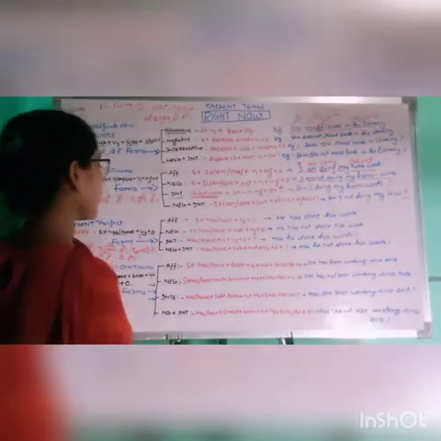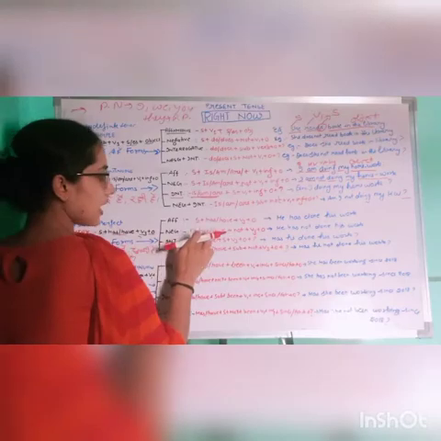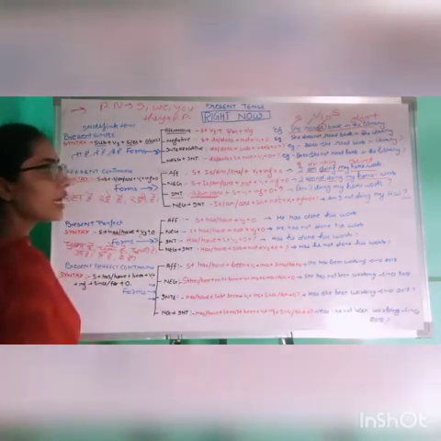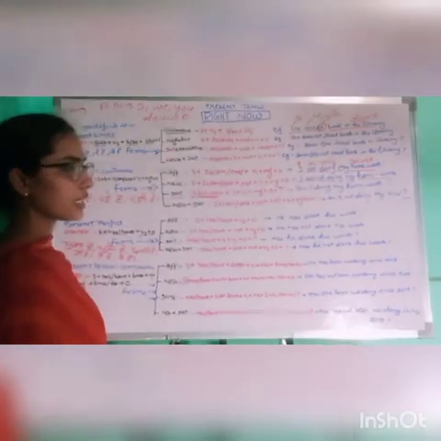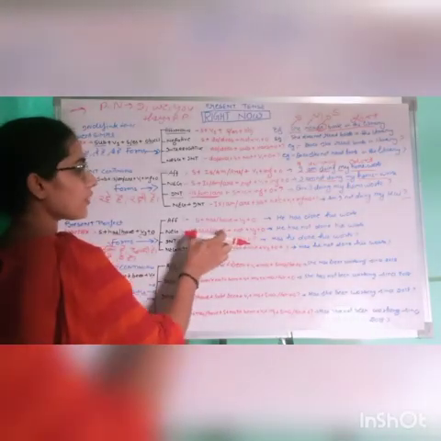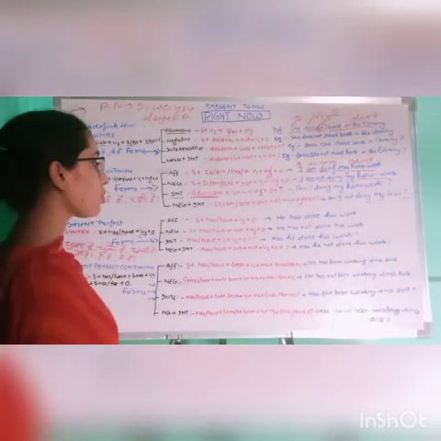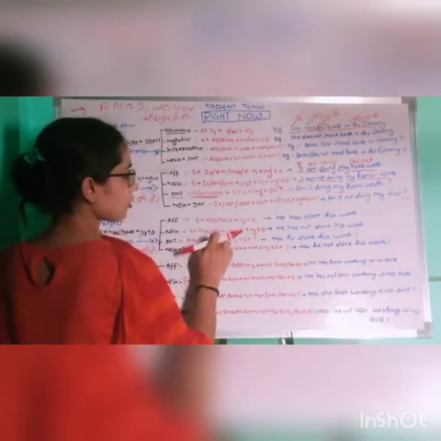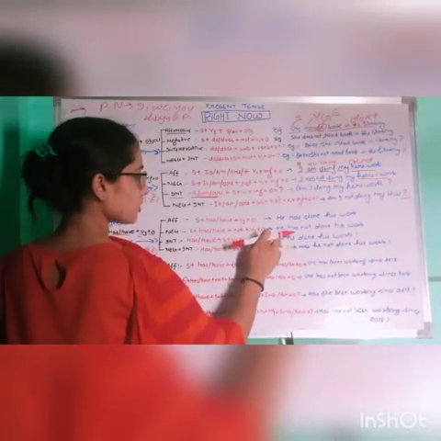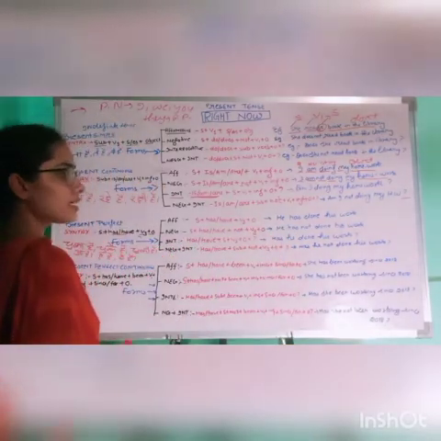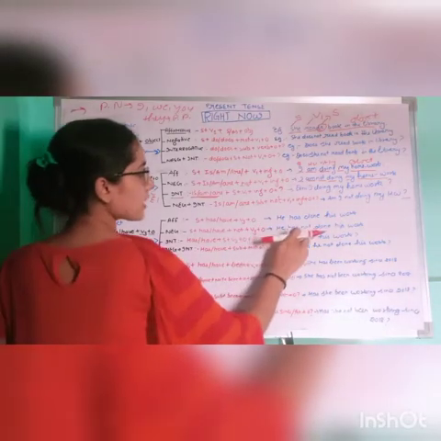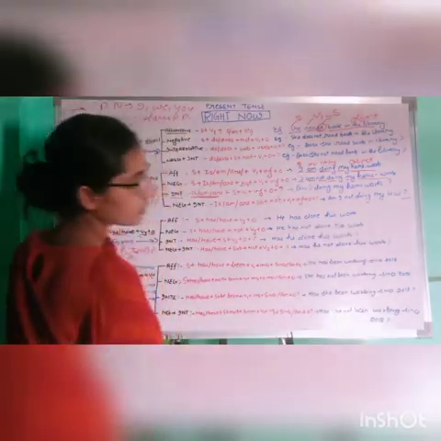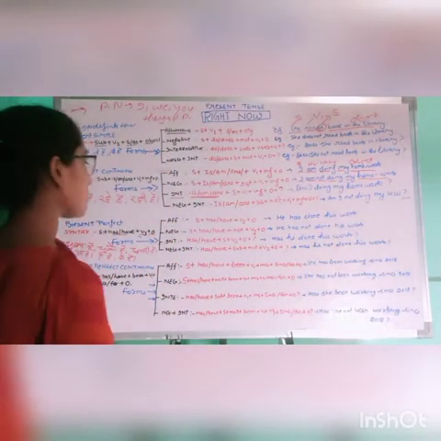Now let's move towards the negative. Here it says subject plus has or have plus not plus verb third form plus object. Remember one thing, in the present perfect tense we usually use has or have as a helping verb, right? So the compilation into the sentence will become he has not done his work or I have not done my work. Both are examples of this very syntax.